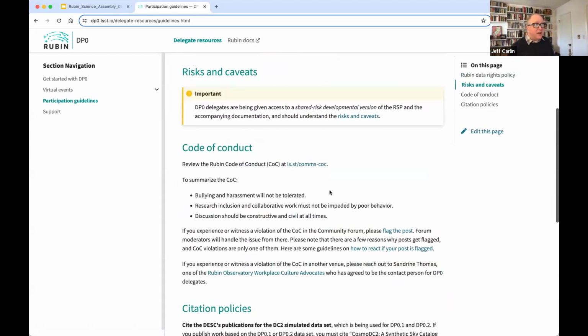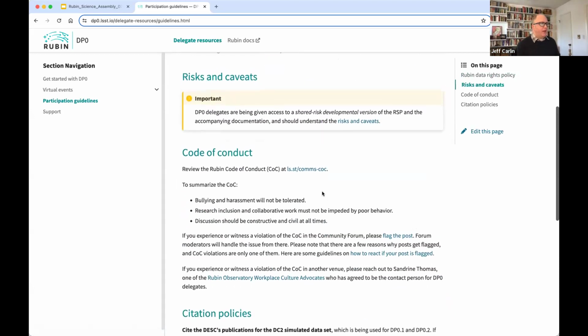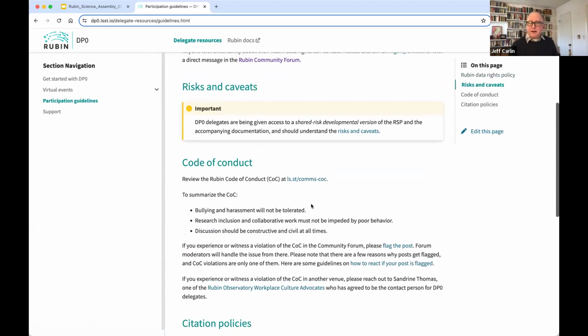We also want to remind you that our survey has not yet begun, so this is a developmental version of the science platform that you'll be using, meaning that there are some risks and caveats, and I encourage you to go read those. Not that anything dire is going to happen, but this is an in-development system, so things are changing underneath us as we go.